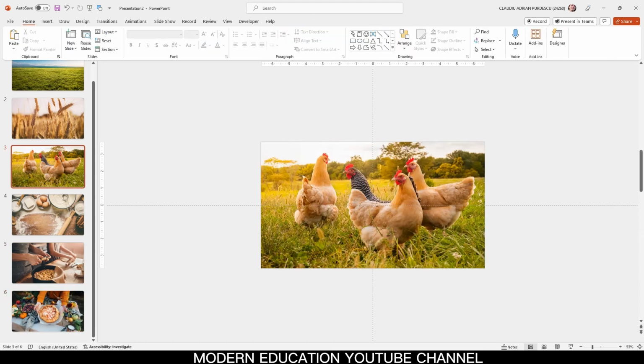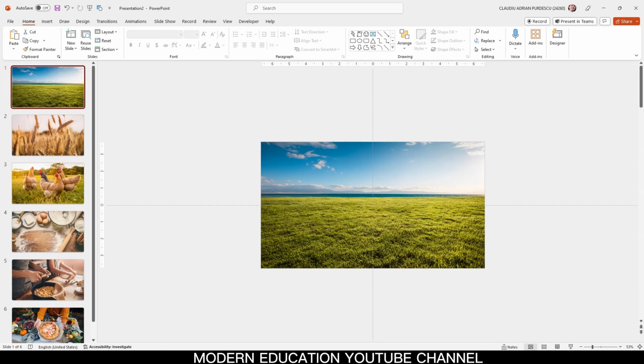Great, now that we have cropped all the pictures, now it's time to insert the apple trees here on the